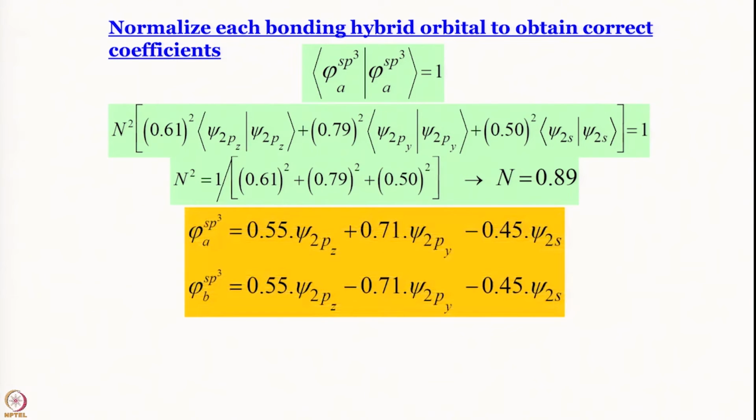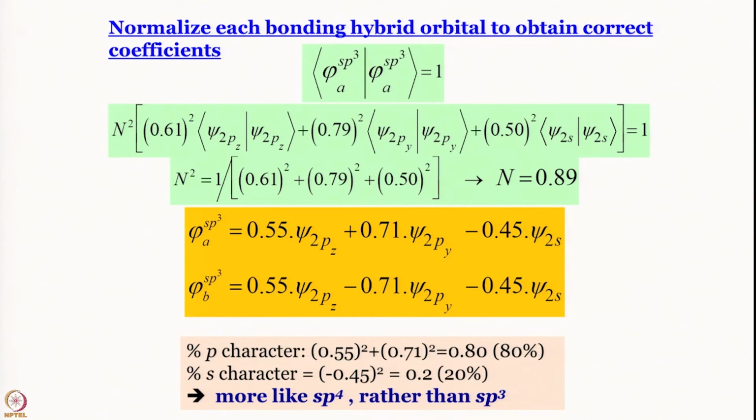Now it is done. You just multiply whatever you had earlier, sin theta, cos theta, 0.5, by 0.89, and you get the final expression for these hybrid orbitals A and B, and these are the final expressions. What can we find from here? We can find out the S contribution and P contribution from the coefficients,